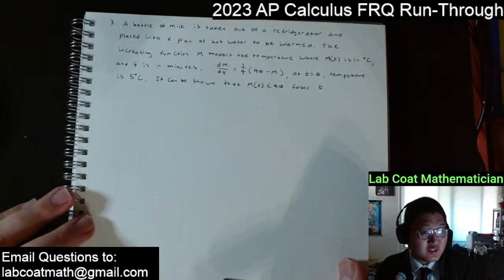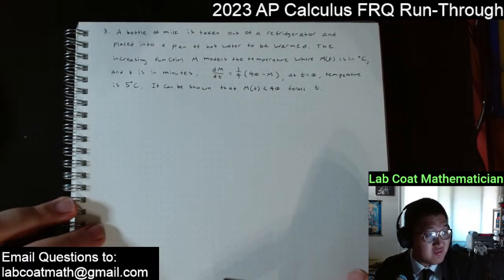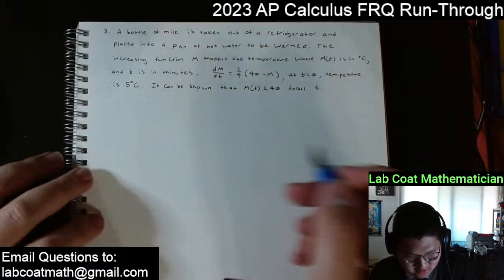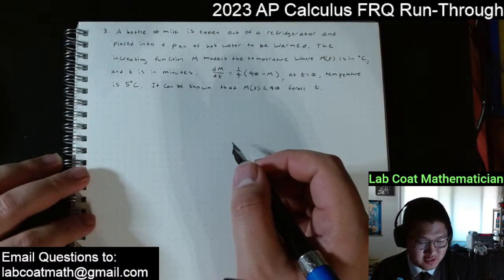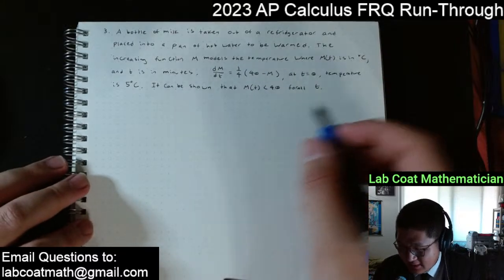Quite nice for us to get started that we've got our differential equation and a starting point. Of course, this alludes to the fact that we're going to have to do some separation of variables,